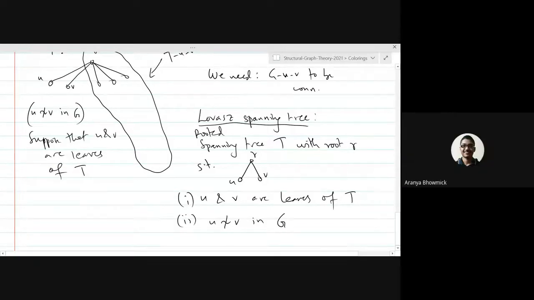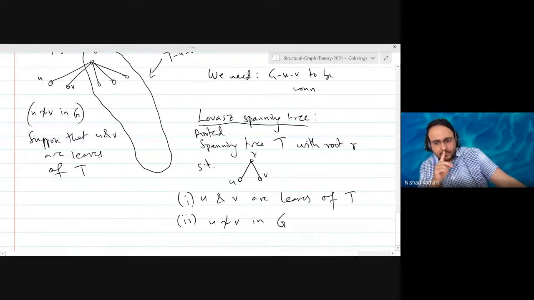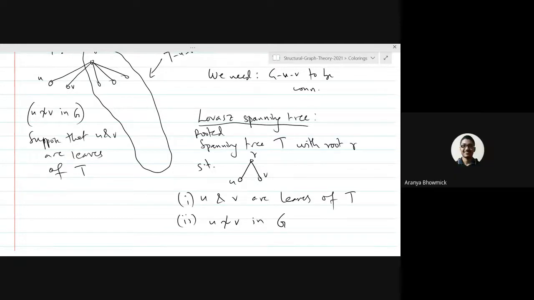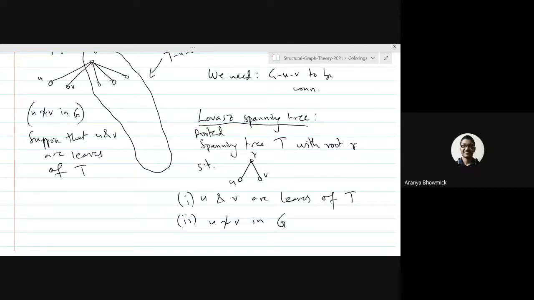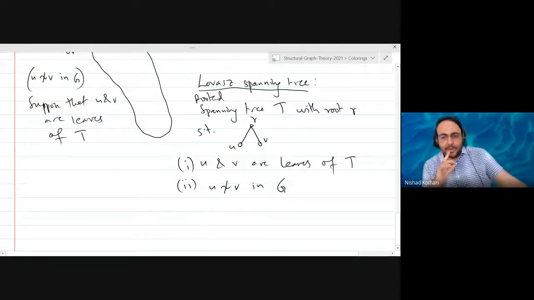So is it the definition of Loa spanning tree? Yeah, I just invented it. It's not a standard definition, right? Within a proof, if I define something, that is just to make things easier for that discussion. So this is no standard terminology. Okay, so he defined it only for this proof. Well, I don't think he called it Loa spanning tree, but if you read his proof, then you realize that this is what he's talking about. It would be somewhat arrogant of him to call it Loa spanning tree. Okay, fine. But is the concept clear?